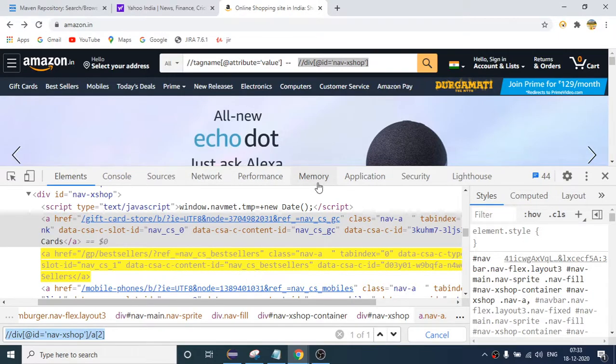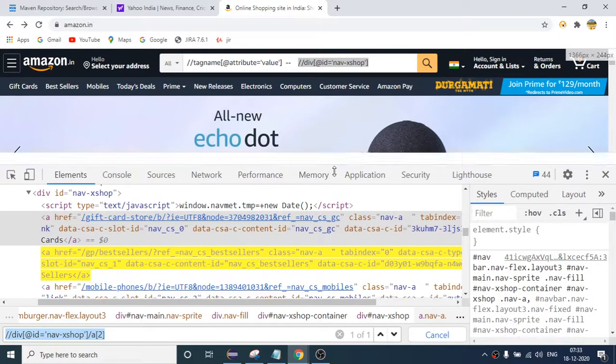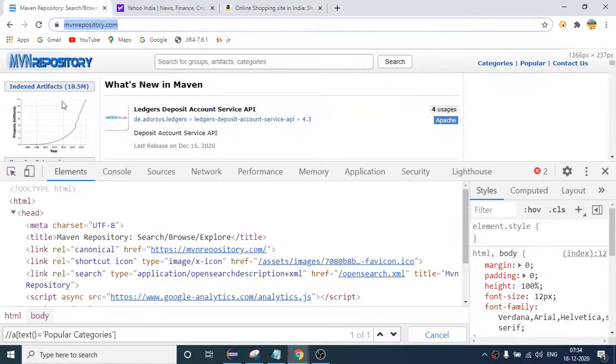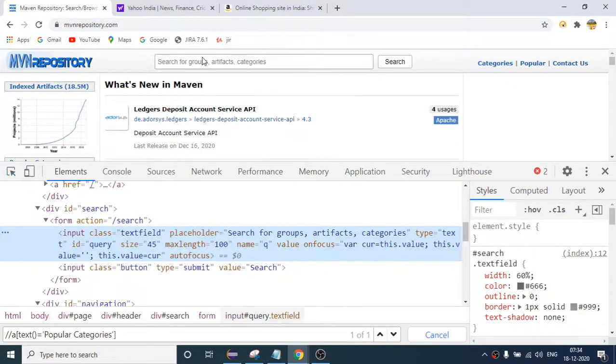So this is also one of the ways of writing XPath, right? As of now we are discussing only relative XPath. So this is again a relative XPath, right? There is one more variation if you want to see. Suppose this is one website, right? So here if I write XPath for this button,